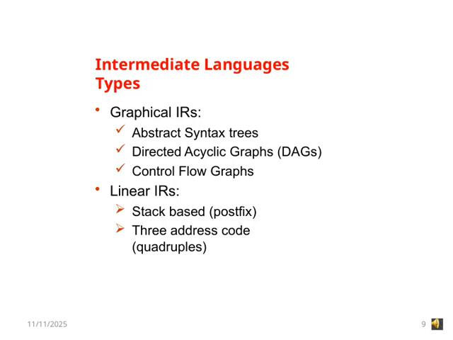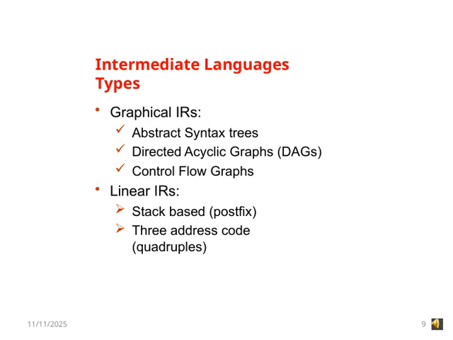All right, now let's take a look at Slide 9, which covers intermediate languages types. Here, we see that there are two main categories: graphical IRs and linear IRs. Starting with graphical IRs, these are representations that visually depict the structure of the program. For example, abstract syntax trees are tree-like structures that break down the program into its syntactic components, making it easier